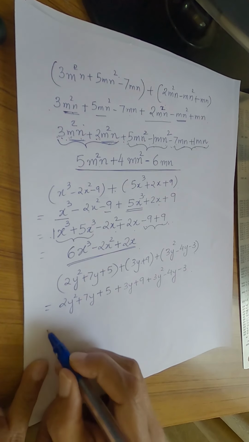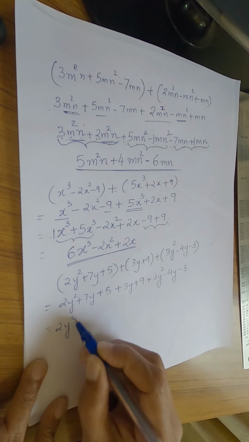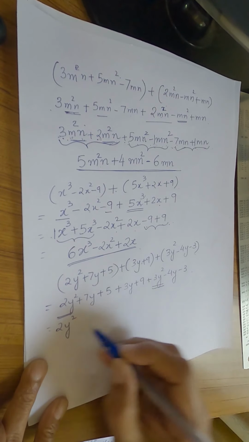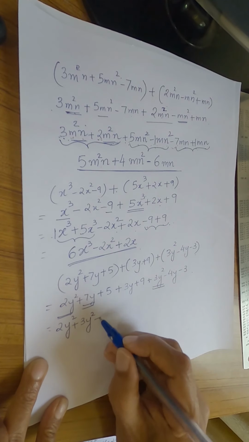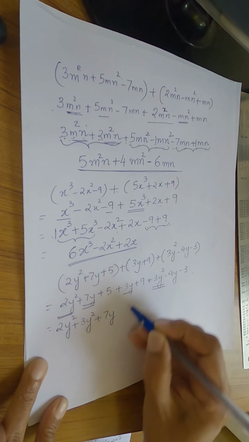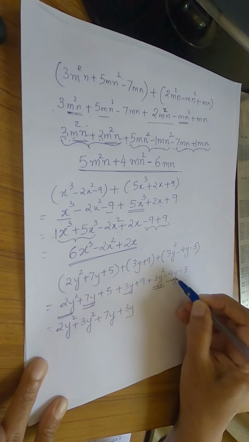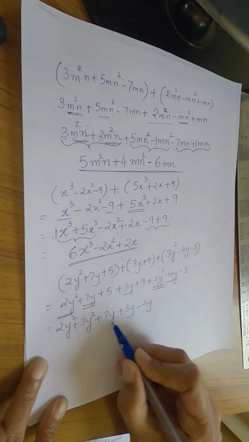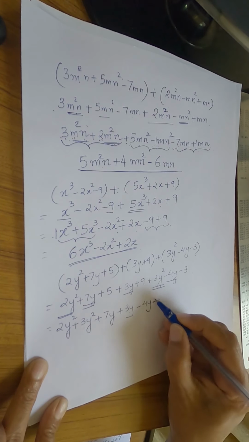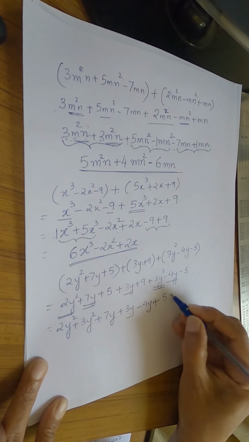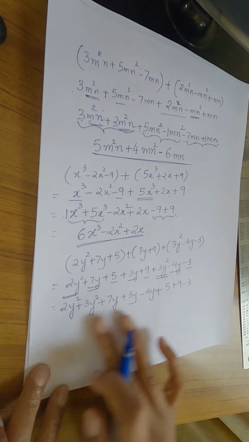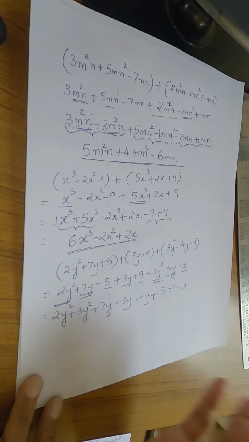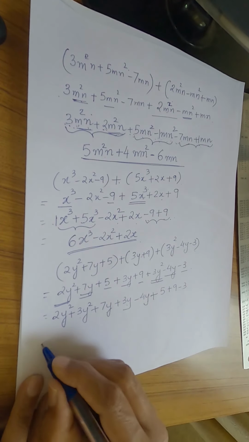Now let's start collecting the like terms. y raised to 2, the next y raised to 2 is 3y raised to 2. Next we go to y. So you will see y 1 plus 3y, and there is one more minus 4y. So you can see there are 3 y terms here. Next we write all the constant terms, all the numbers, and now we have written all the numbers rearranged so that all like terms are together and it's easy to add and subtract.